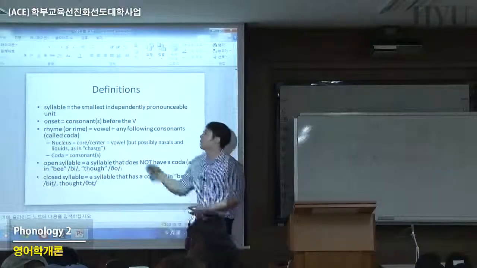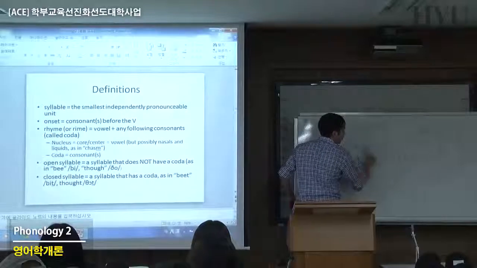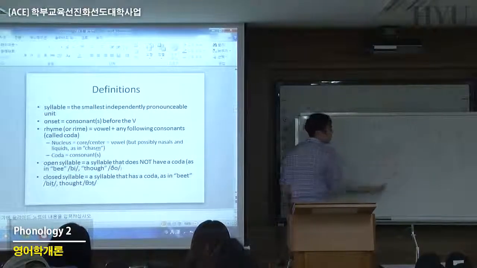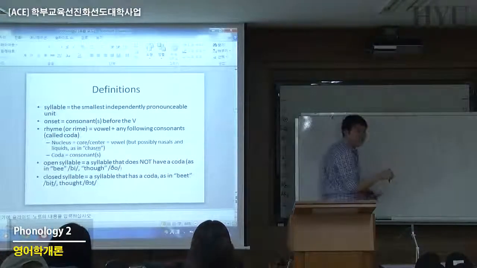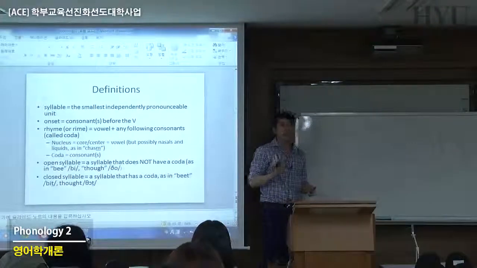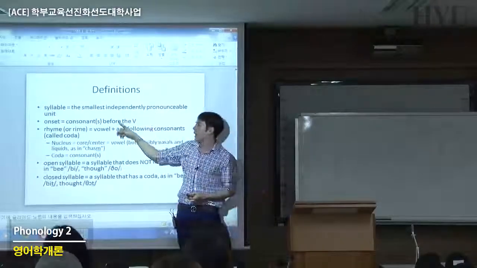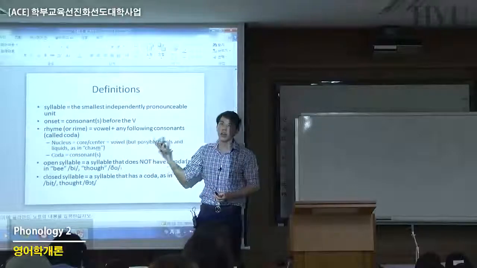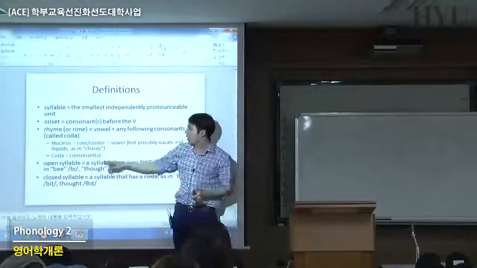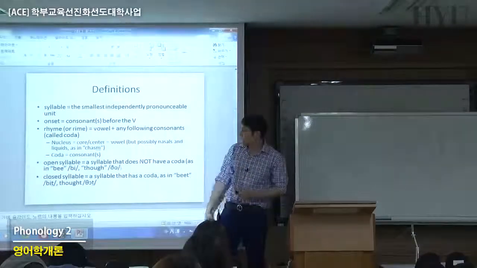So we explained this, right? A syllable is the smallest independently pronounceable unit, right? When you pronounce a consonant like s, it's not a syllable because only a vowel constitutes a syllable. When you do the s, you have to put in the vowel. By itself, the consonant doesn't constitute a syllable, okay? So a syllable may have an onset, which consists of one or more consonants before the vowel, and the rhyme consists of the nucleus and the coda, right? The coda is the consonants that you may have after the nucleus, okay? And two more